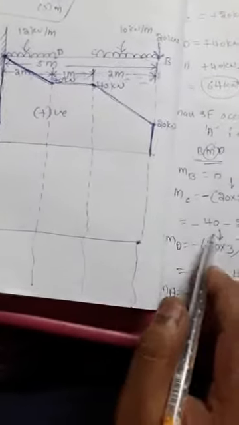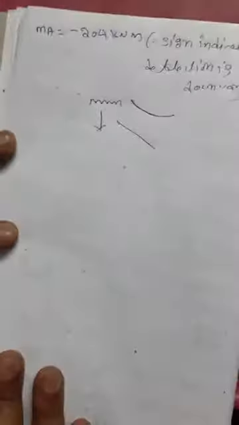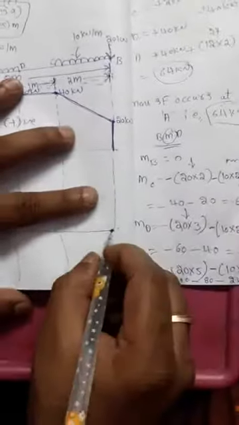For this bending moment diagram, UDL is represented in the form of a parabolic shape, and point load in the form of an inclined shape. So MC equal to minus 60 kilonewton into meter. So minus is nothing but downward direction. So here is 0, and from B to C there is UDL in the form of a parabolic shape that rises from 0 to 60. This is a parabolic shape.